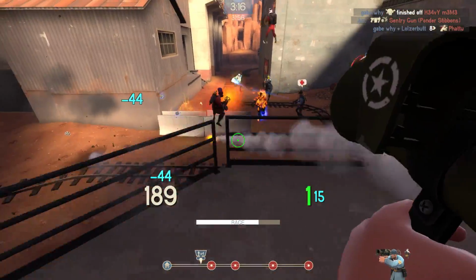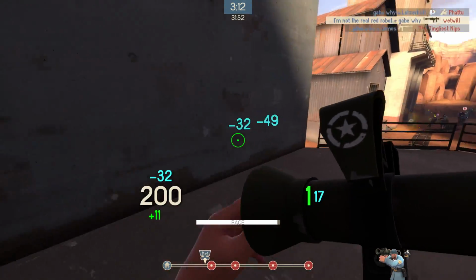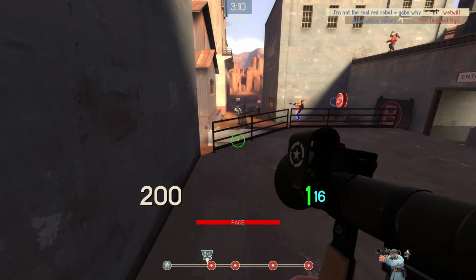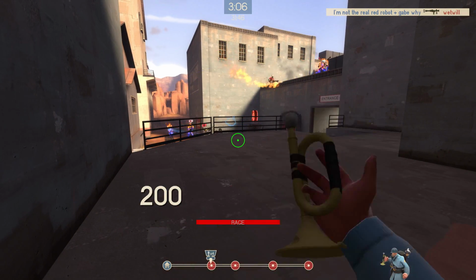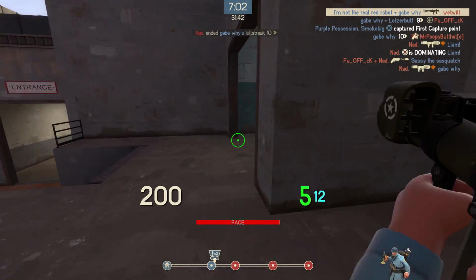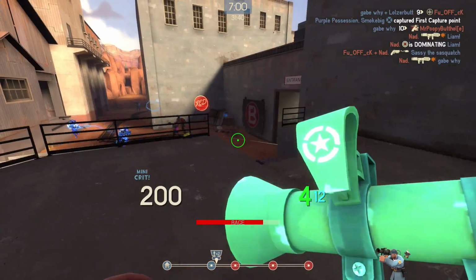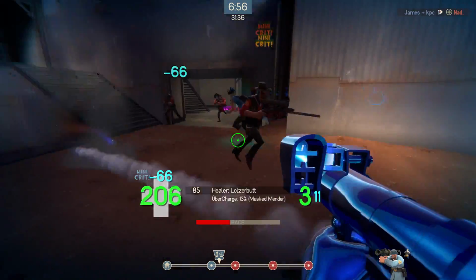Okay. Thank you, Pyro. Because you have the Flog, you cannot reflect, and you are free rage to be gained. Nice. Okay, time to reload these. Just reload them, build it up. Why don't we wait for the spawn? What are you doing? Really? What are you doing, Spy? Seriously? Okay, let's try and...